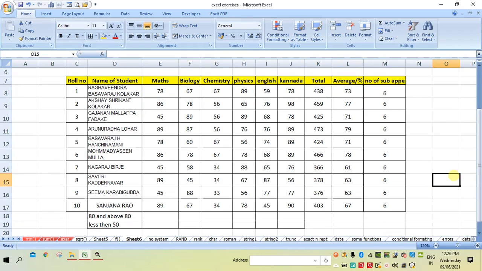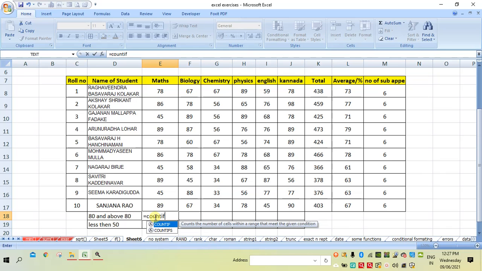Using Countif, let us check how many of the students got 80 or above 80 marks in mathematics. That can be done using equal to